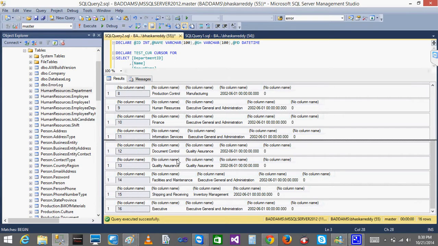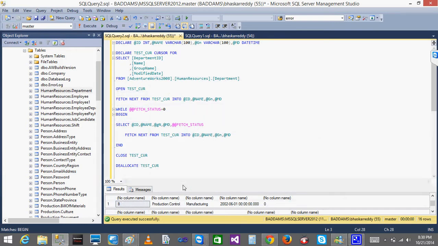If there is any scenario where you want to take record by record from some data, from some output, and you want to do some operations record by record, then you are going to use these cursors. But I recommend not to use the cursors. If you have some other approach, it's better to use that approach, but never use the cursors. Okay. Now I will show you why. Since there are 16 records, it is taking this time.